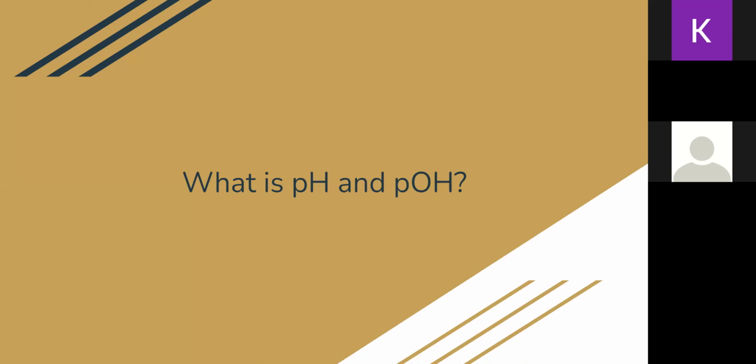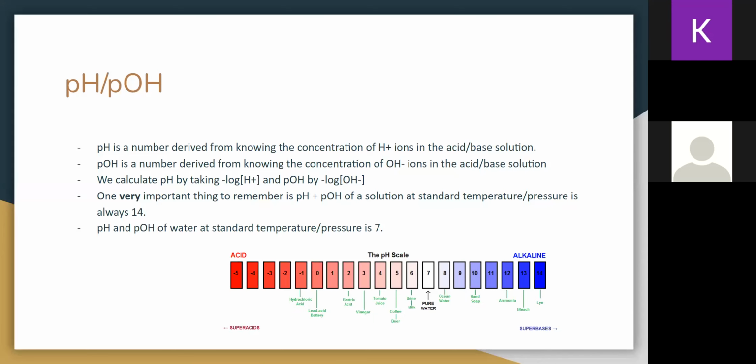So starting before talking about acids and bases, we need to learn something called pH and pOH. These two are very close together. pH is a number between 1 to 14 that is derived from knowing the concentration of H plus. In this case, H plus stands for H3O plus ions in an acid or a base solution. pOH is also a number from 0 to 14, derived from knowing the concentration of OH minus ions in an